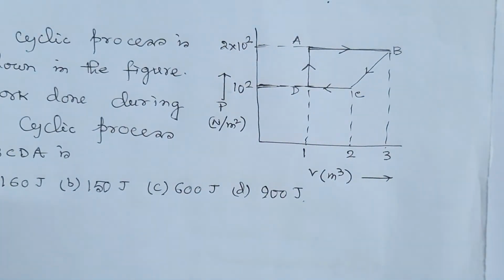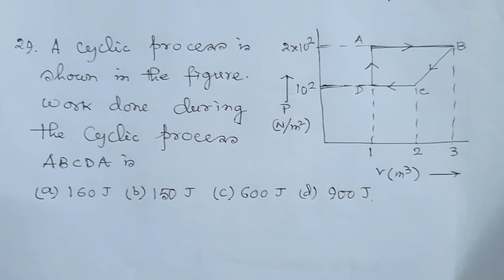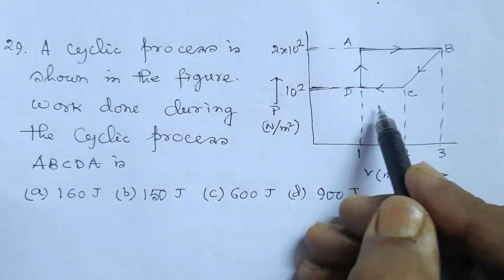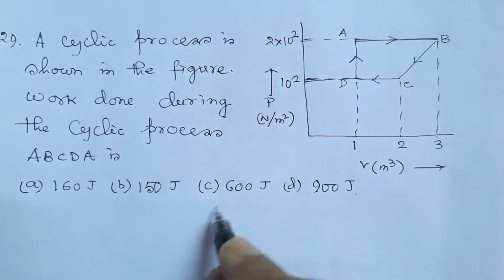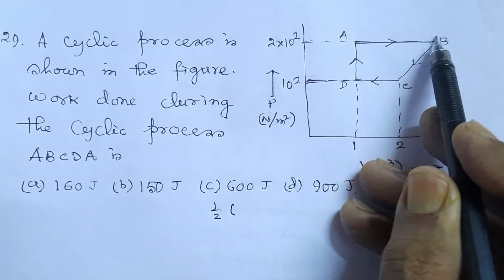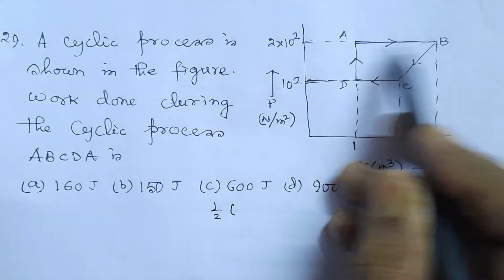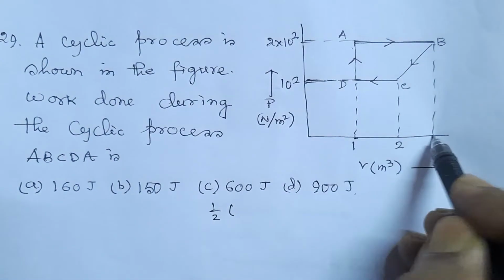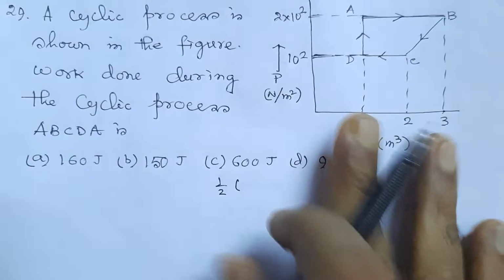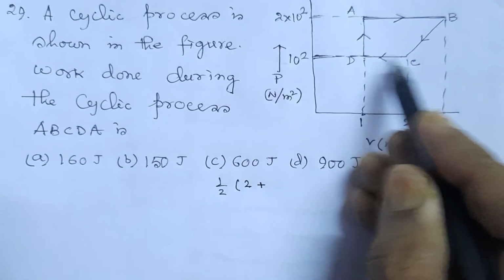Now let us see the question number 29. Question number 29 is also a question from thermodynamics. A cyclic process is shown in the figure. The work done during the cyclic process A, B, C, D, A equals the area under the cycle, and it is a trapezium. We find that the area equals half into the sum of the parallel arms, that is AB. It is clear that V is at A 1 meter cube and at B 3 meter cube, so AB length is 2 meter cube, plus another arm, that is DC, that is 1 meter cube,